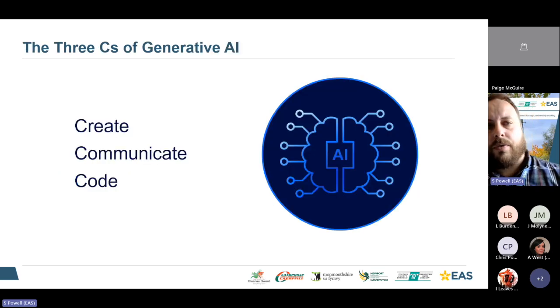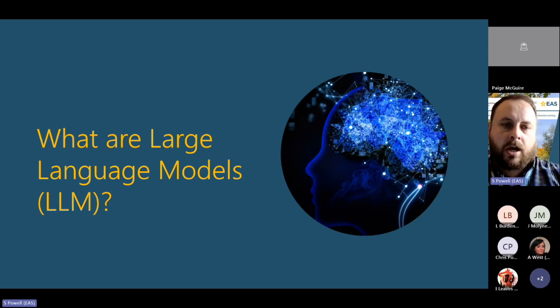So when we think about generative AI, there's three things really that AI can do. It can create, it can communicate, and it can code. So you can start now asking it to create code for you to do something in a different platform. So generative AI uses something called a large language model, and let's find out a little bit more about what